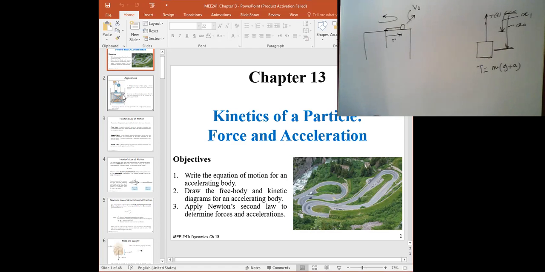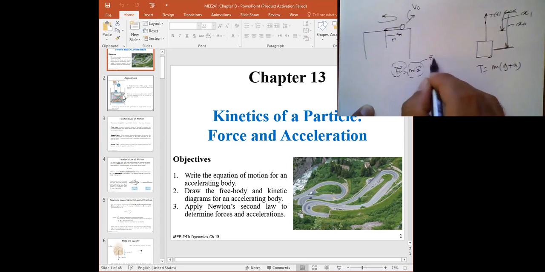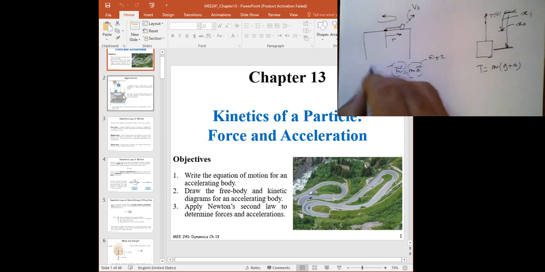Let's do the basic stuff. We said Newton's law: the sum of the forces is equal to ma. We are going to analyze this part of the figure by drawing a figure, and then this part by drawing another. So here we're going to draw figure 2, and then here we're going to draw figure 1.